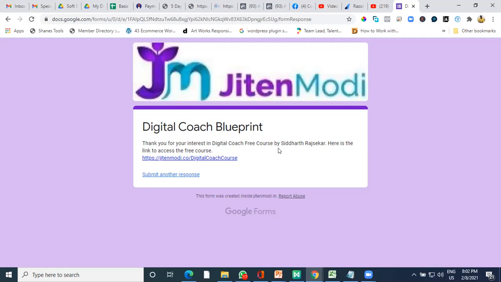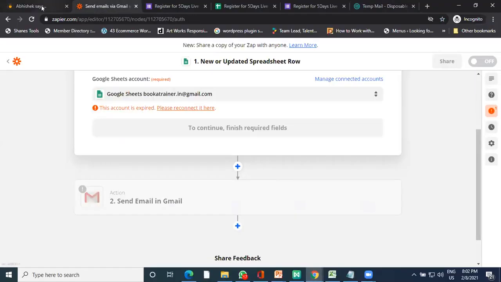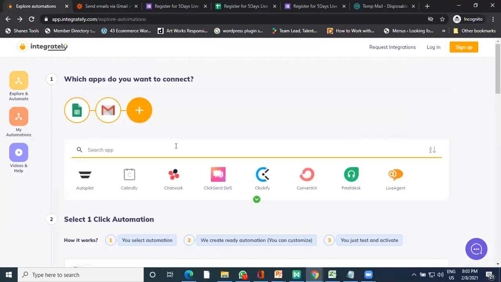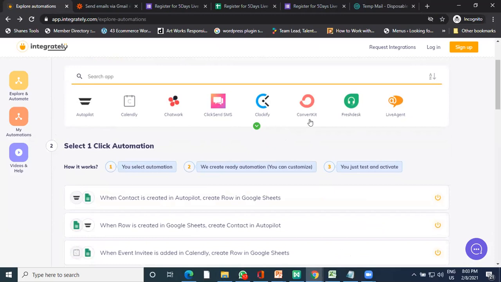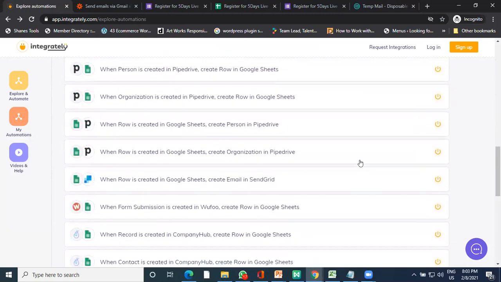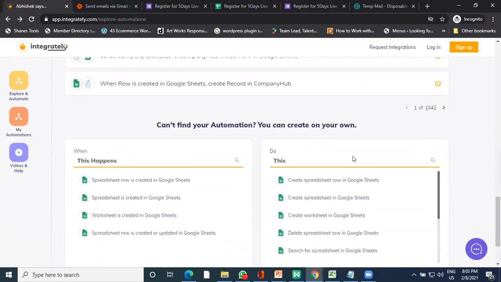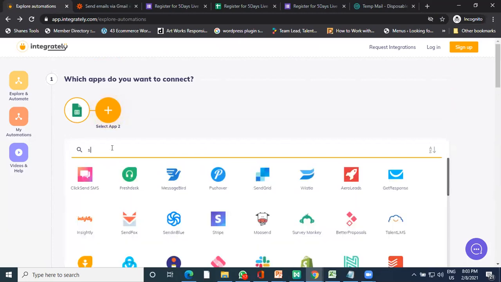If you want to use some other tool, there are other Zapier tools also. So if you go on Zapier, it's not only Google Form. If you remove this and look, there will be a lot of email tools. See, ConvertKit is there. You can put it on any other tool also. There will be a lot of other tools which can be automated. You can use those other tools for automation. I think Amazon also should be there.